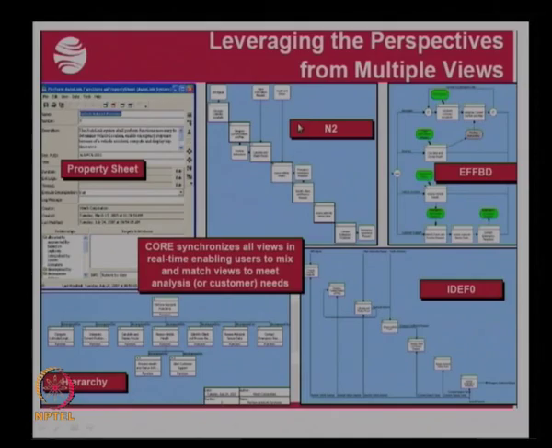We will discuss this in the coming lectures, but you can just understand that this software can be used to develop or represent the functions in different ways. So depending on the convenience of the user, he can either access the IDEF0 diagram or the N2 diagram or the functional block diagram, and then look at the functions and their traceability and the interaction between different functions.